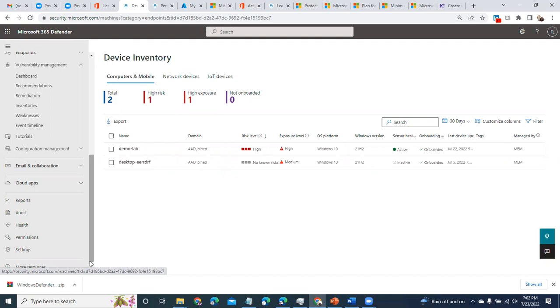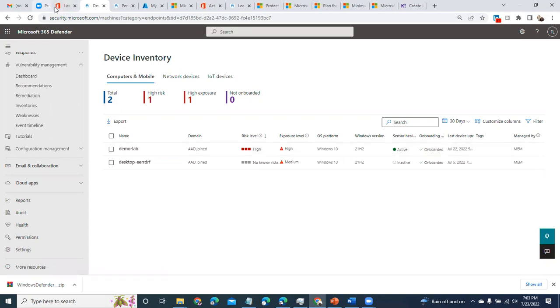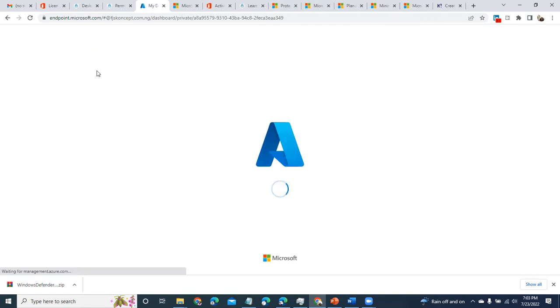So there are default baseline policies that exist both in Defender for Endpoint and in Intune, so it's already taking those actions. That is why it can classify your device as high risk exposure. But at the same time, you're the one that would go and create your organizational policies and baseline security requirements. Remember, depending on what you're using to manage, in my case I'm using Intune, so I decided to do my configuration policy in Intune.